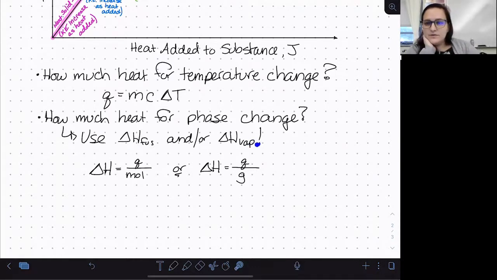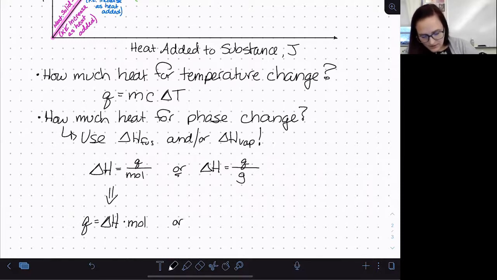So these values for heat of fusion and heat of vaporization are constants that you would be given or you would be able to look up at any point in your life. You would know the amount of substance that you're using, so you can solve for Q, just using the definitions of these enthalpy changes for the different phase changes. So to use these, we can just essentially solve these definitions for Q. Q is delta H times moles, or depending on what information you're given,